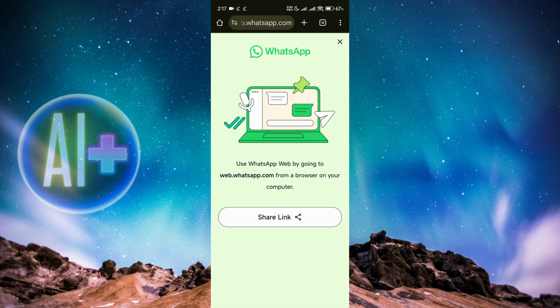Okay, so as you can see by default, guys, our browser, and it's not actually the browser, it's the website, tells us that we are unable to access the web version of WhatsApp. As you can see, you need to open it from a browser on your computer, but this is actually pretty